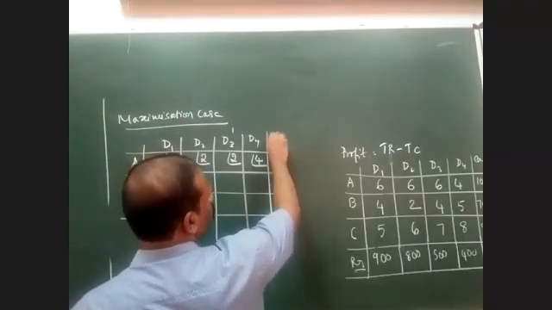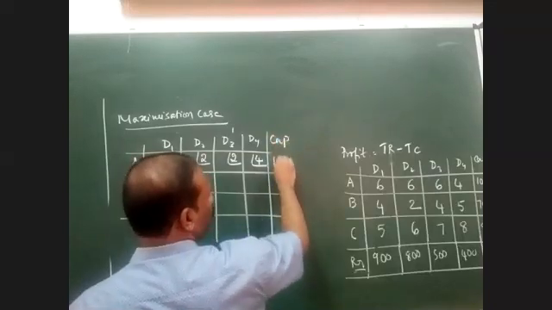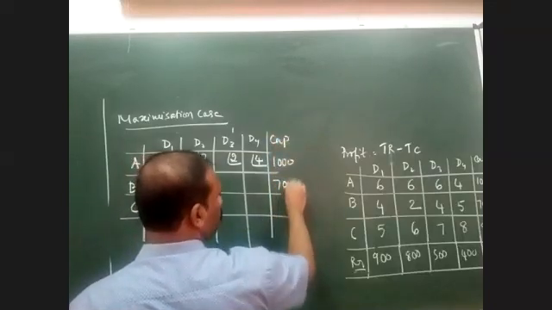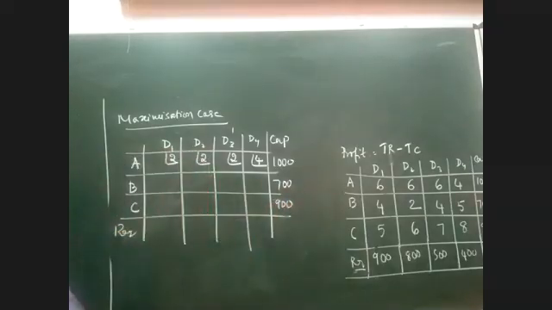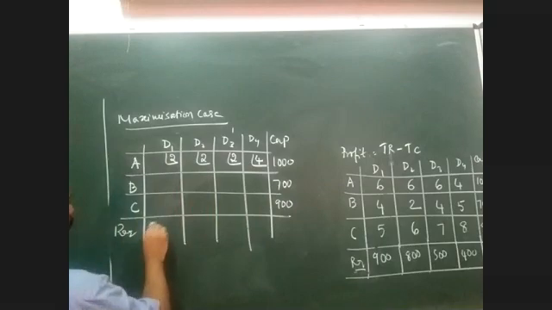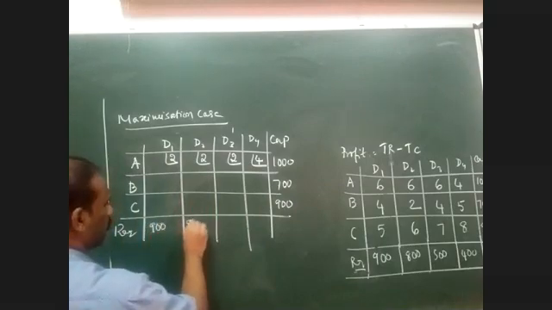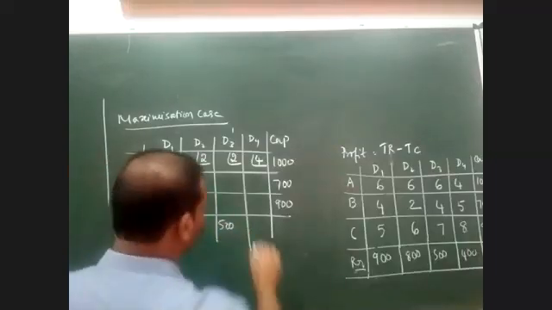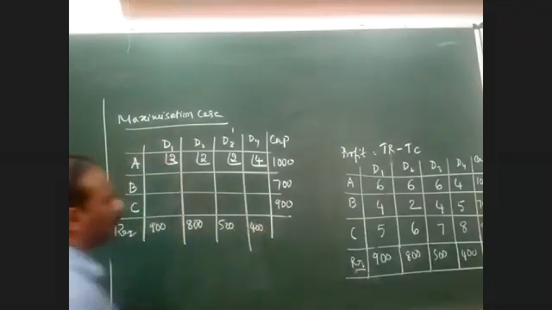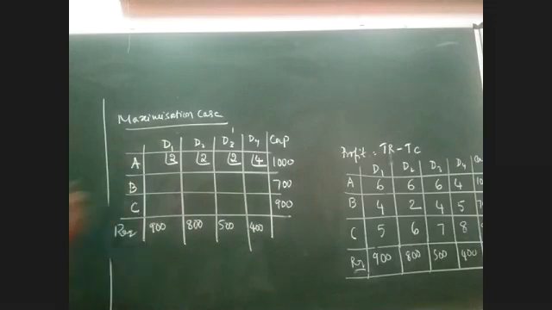As it is here, this is capacity. How much we have? 1000. This is 700, and this is 900. Here also, right? Requirement. So requirements are 900. This is 800. This is 500, and this is 400. Okay? Can you please tell me the values for the second row now?